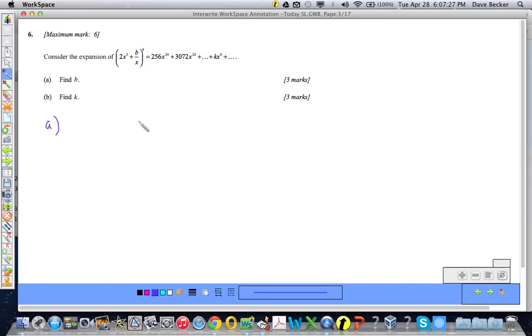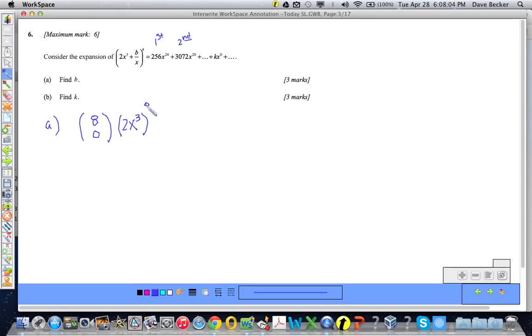Okay, so this really isn't too horrible. Let's just think about this particular binomial expansion. This is the first term, and this is the second term. The first term, 256x to the 24th power, would be calculated using 8 choose 0 times the first term, 2x cubed